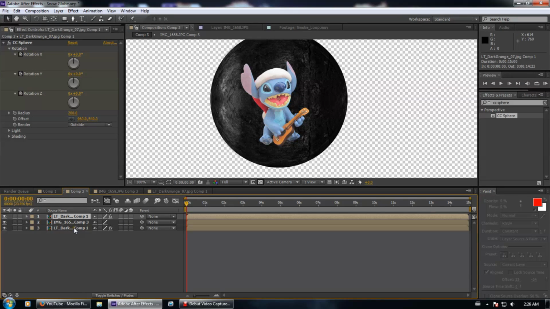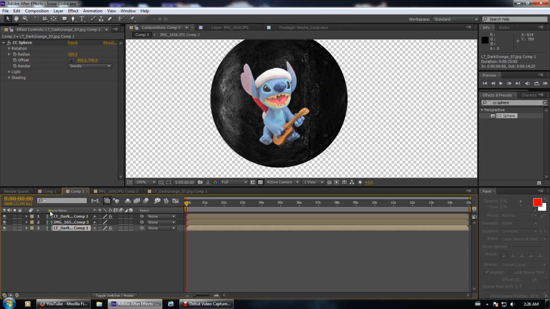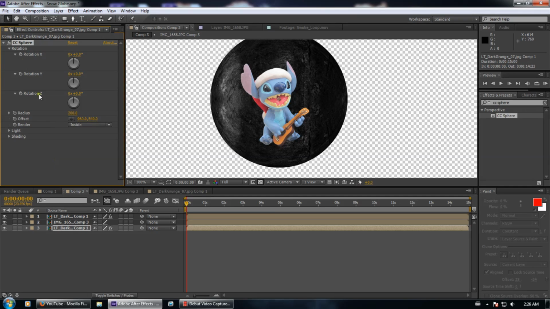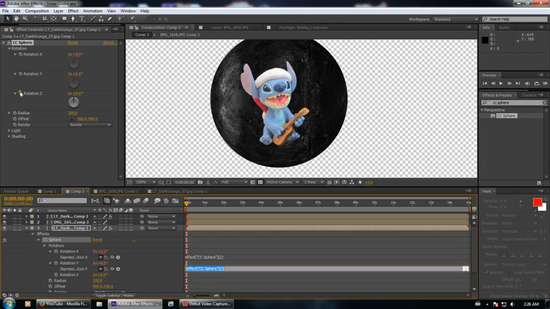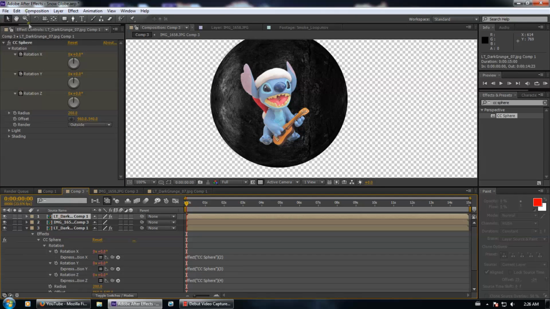Basically, we're going to link the rotation so that it all matches. We're going to have several of these sphere layers, so you're going to figure this out. So on the bottom one, we're going to click on all three of these. We clicked on the stopwatch of the X rotation, Y rotation, Z rotation,